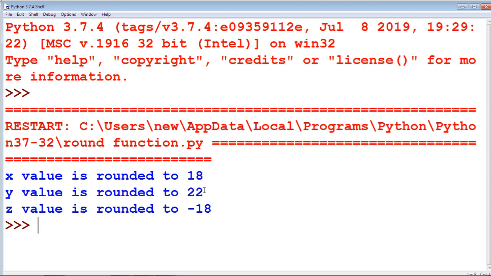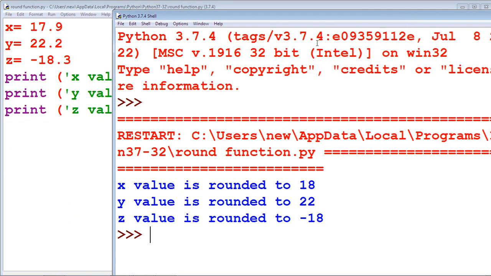Here x value is 18, y 22, z value rounded to 18. So here x equal to 17.9, nearest value is 18. Y value is 22.2, the nearest value is 22. Z value is minus 18.3, nearest value is minus 18.